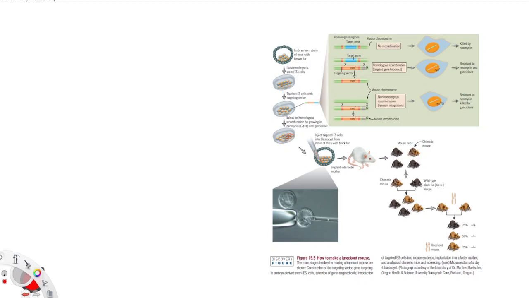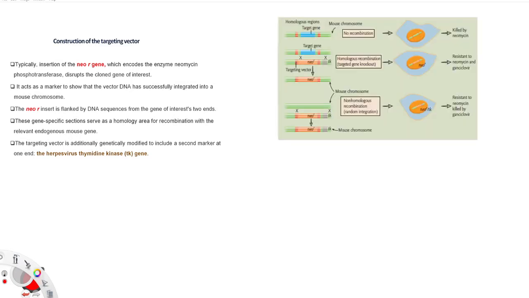All right. So once we have this knowledge, why don't we just zoom in into the specific steps? Let me show you now a little bit of a zoomed in image where we are going to construct our vector. So what happens when you construct our vector? During the construction of a vector, what we say, you are going to have something like this that looks similar to your gene of interest, but somewhere in the middle, what you're going to do, you are going to insert